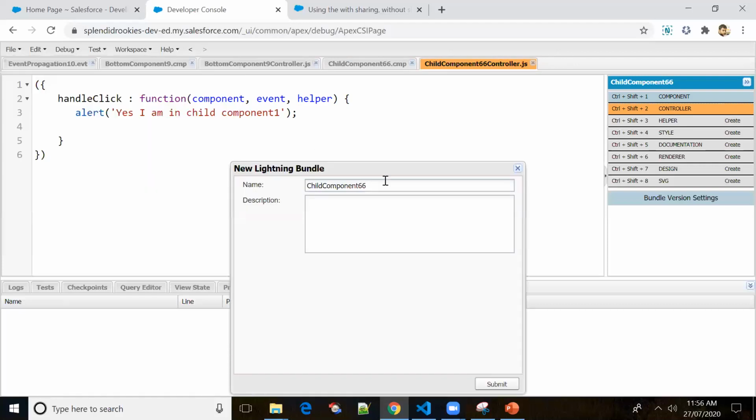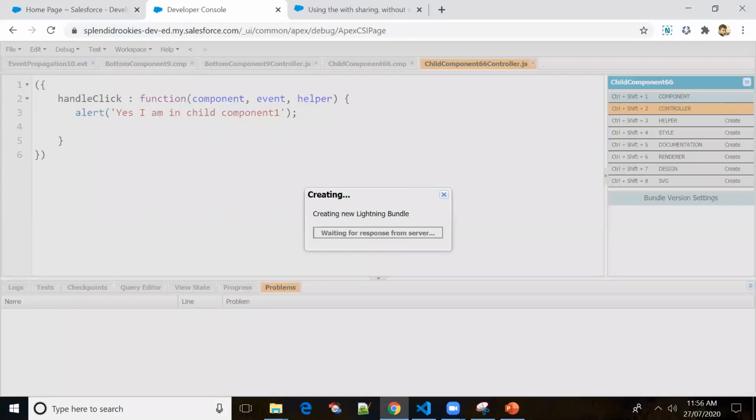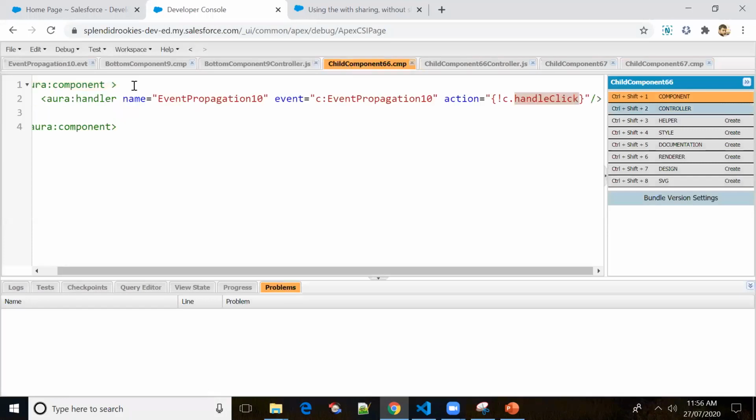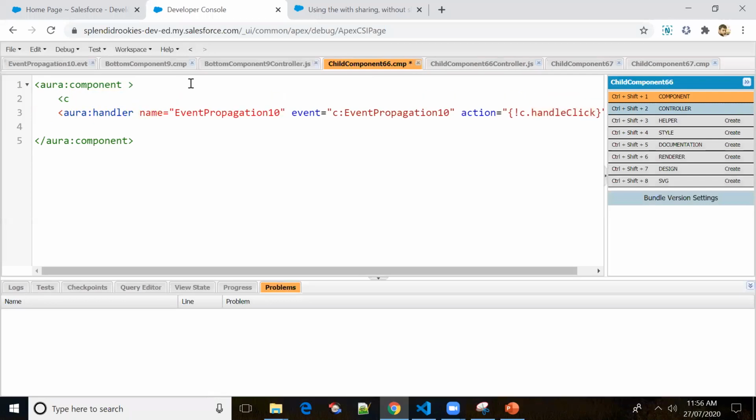I'm creating one more component, so this is going to be child component 67. Okay, so as I already told you, component events will work with the relation. In the child component, what I'll be doing is I'll be just including bottom component 9.